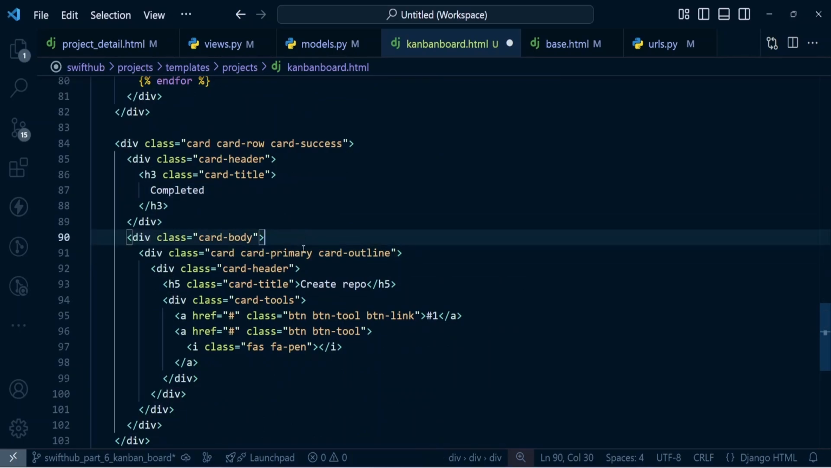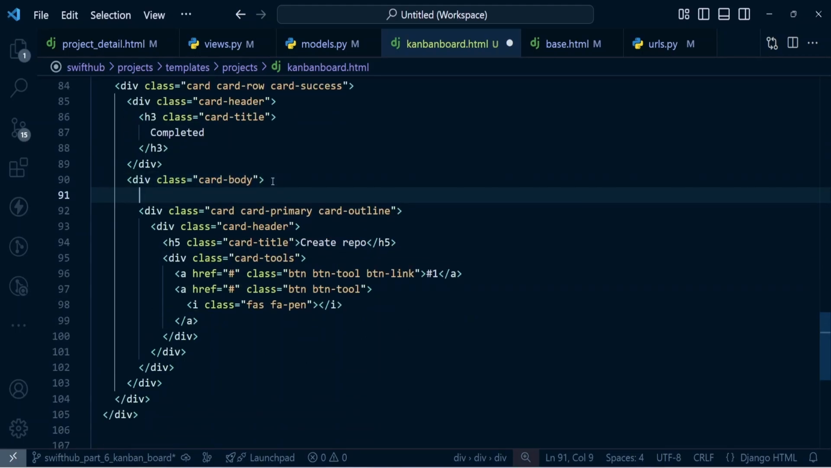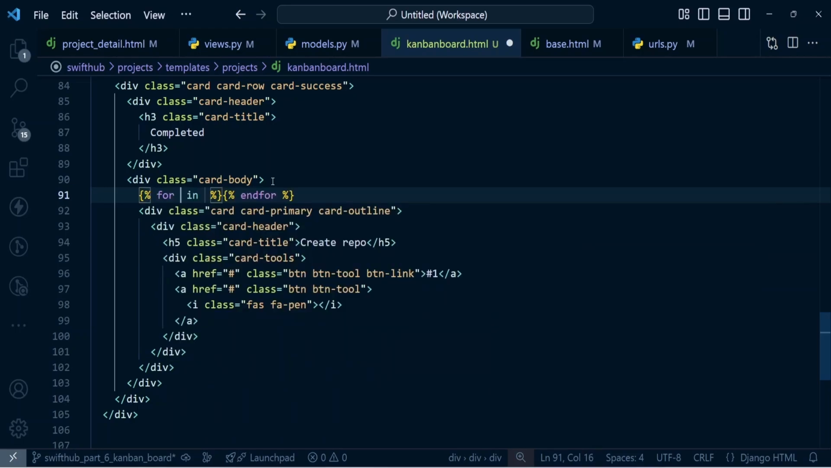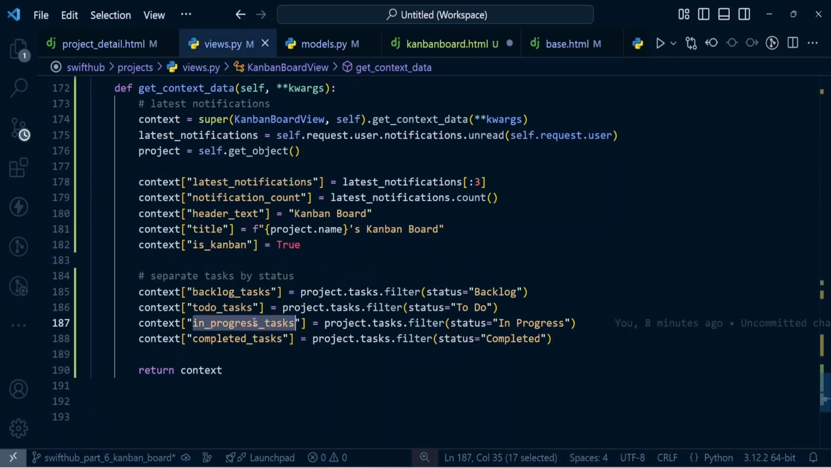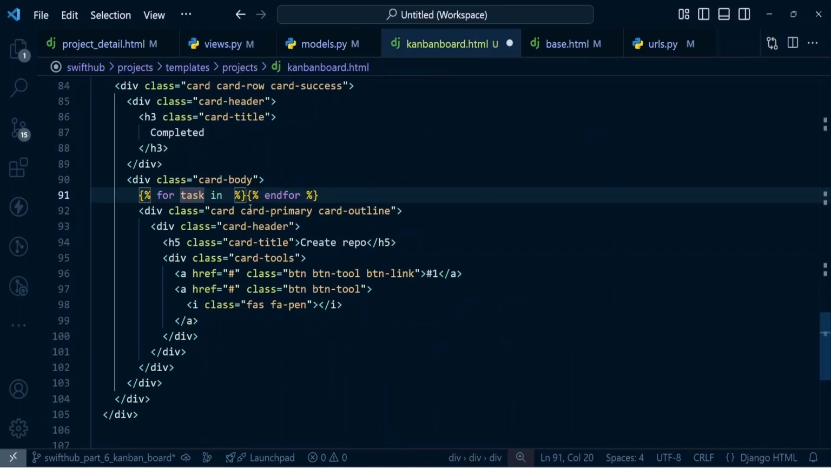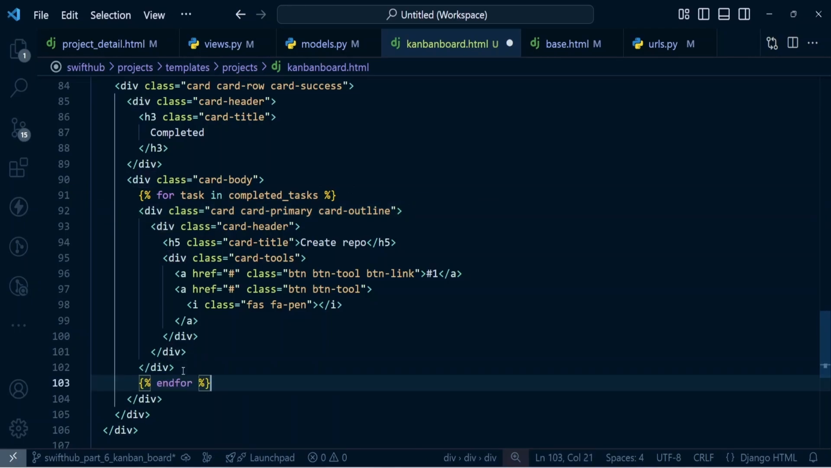Okay, so card body over here, and this is the part we need to loop over. So we say for, and it's just gonna be task like this, and we go back into our view and we have completed task. I'm gonna come back to this place, and then I'm gonna paste it over here, and then I'm just gonna cut the end of the for loop. Okay, so let me click here to see where it's supposed to be wrapped,